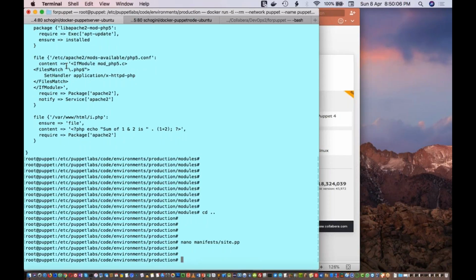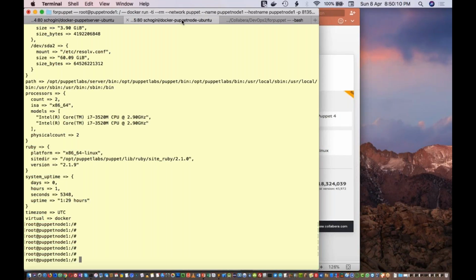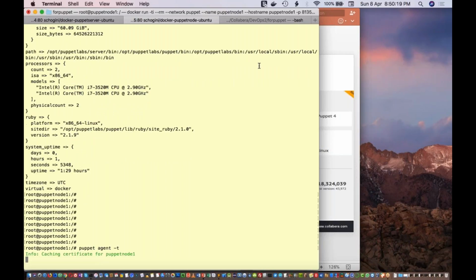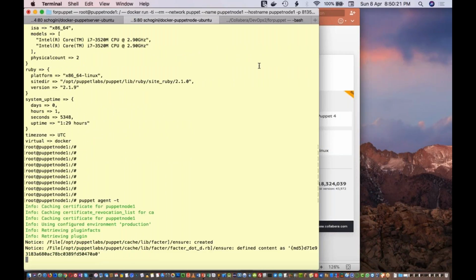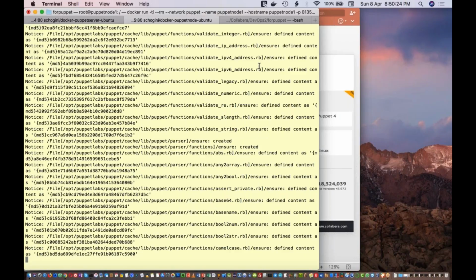Now inside our node we'll be executing the command puppet agent -t. Since this is the first time I'm executing puppet agent -t, I'm getting these messages.